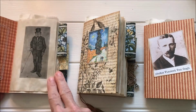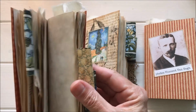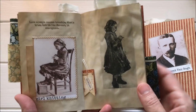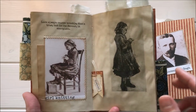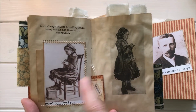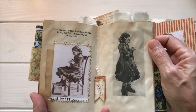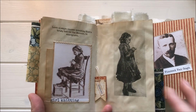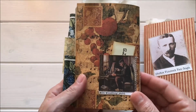And as I said before, the insides of these are the same as the other one, different order of things. I'll flip open and show you the centerpieces of these. It's got the sketch and the sewed pictures of the girls knitting. Obviously, he was around, and it looks like the same girl to me, but I found them in different places. My guess is that he encountered this little girl who was knitting at one time in his life and did a number of works. So this is the first insert,